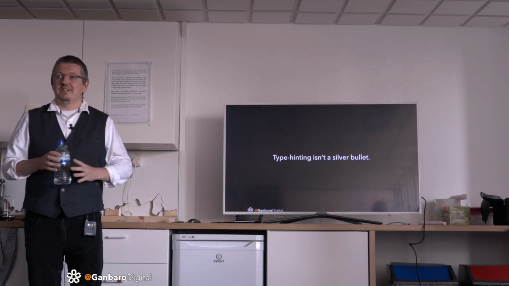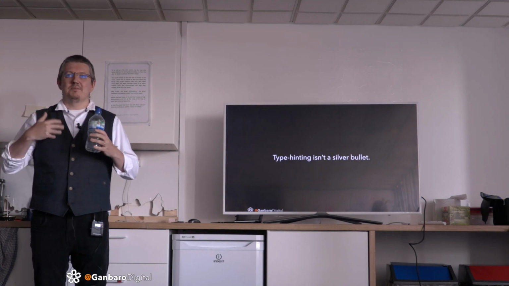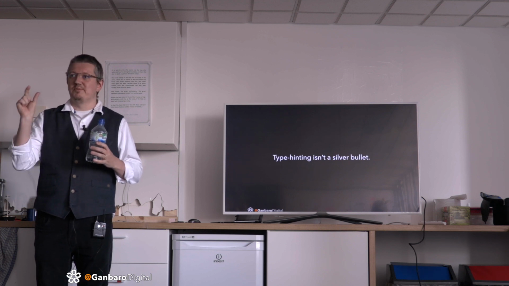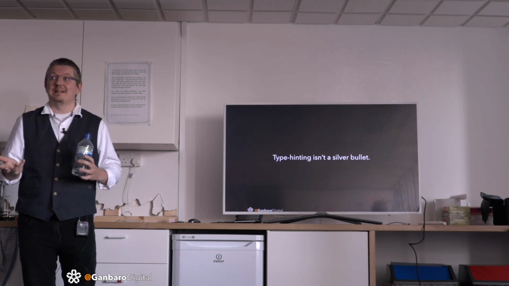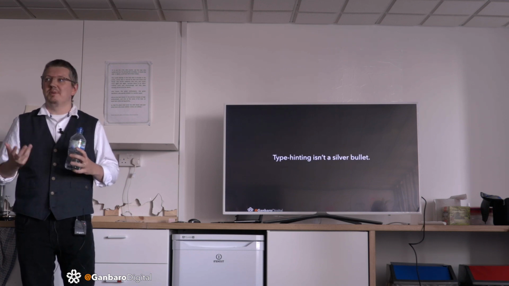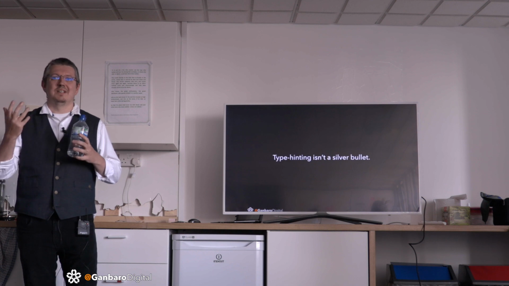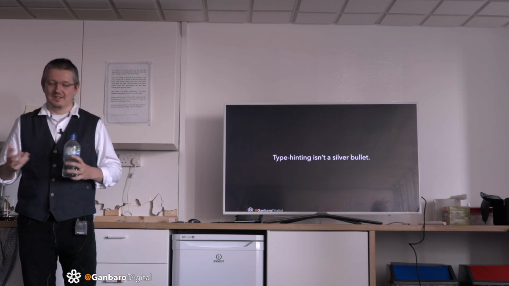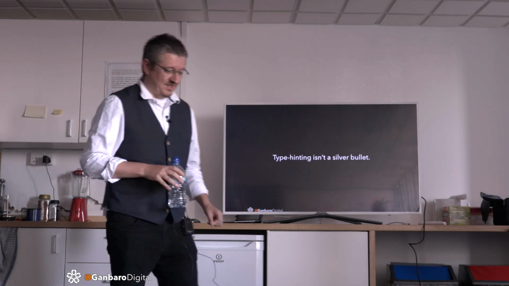One of the problems with it is that sometimes it's legitimate for you to accept different types at the same time for a parameter, because at the end of the day, we're writing dynamic code. We're not writing Java, we're not writing C, we're writing dynamic code, and we want to use PHP's power, so we write less code, and to do that, it means we've got to be flexible on our data types. You can't model that in type hinting at all. But the main problem with type hinting